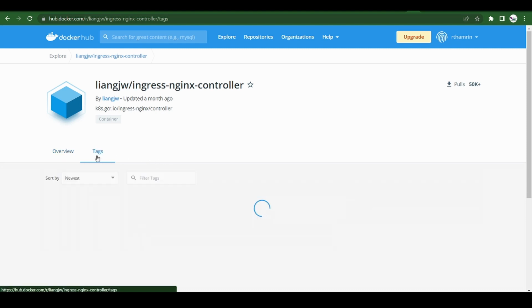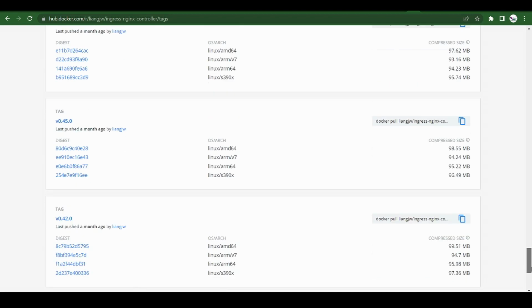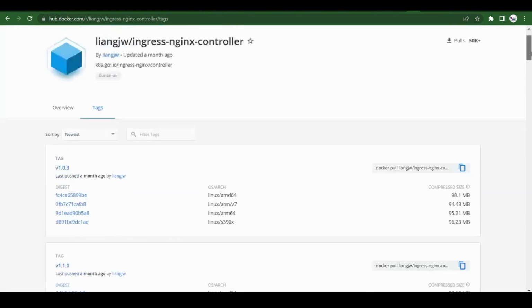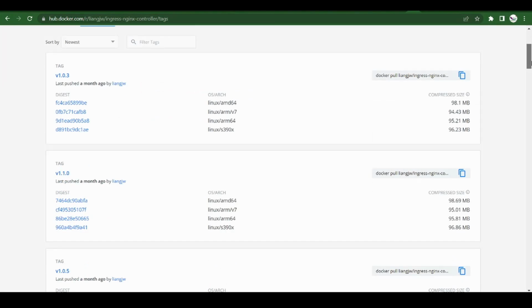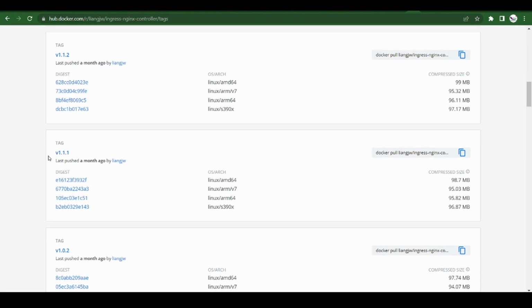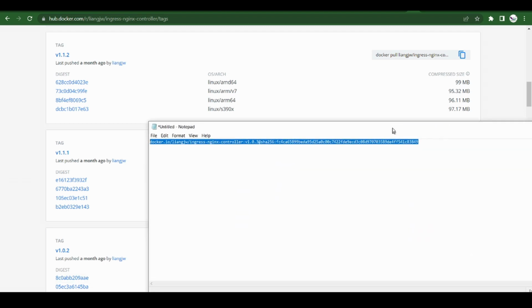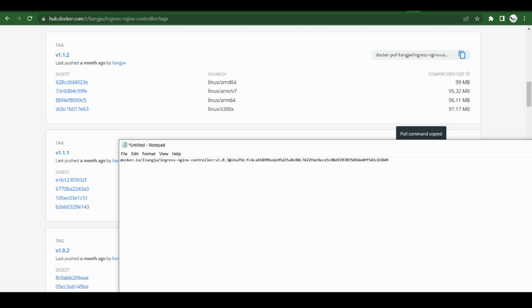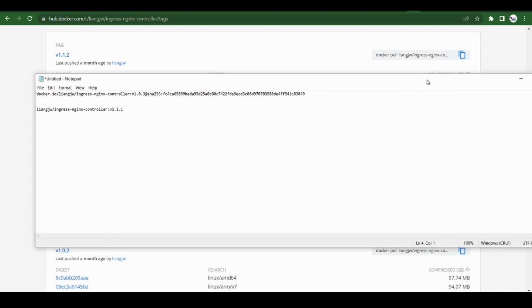So go to tags. This guy uploads the image frequently, and I'm going to use the latest one. Okay, let's use this one, right? First of all, you are going to copy. This is the way you use it. Okay, copy, and then you delete this one, you don't need it. Or you might put it like my example here. You can put also